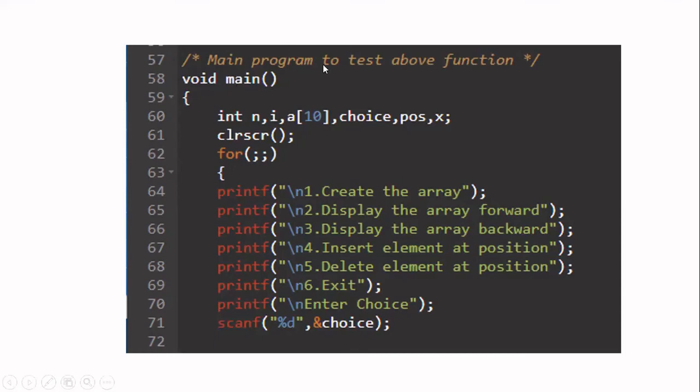Okay, so now let us see our main. The main program is also known as driver program. So now I am writing void main. Then within that I am declaring the variables whatever I want. Don't worry about the variables. We will come to this later. First I am going to write a loop. Can anyone tell me what is the special name for this loop?